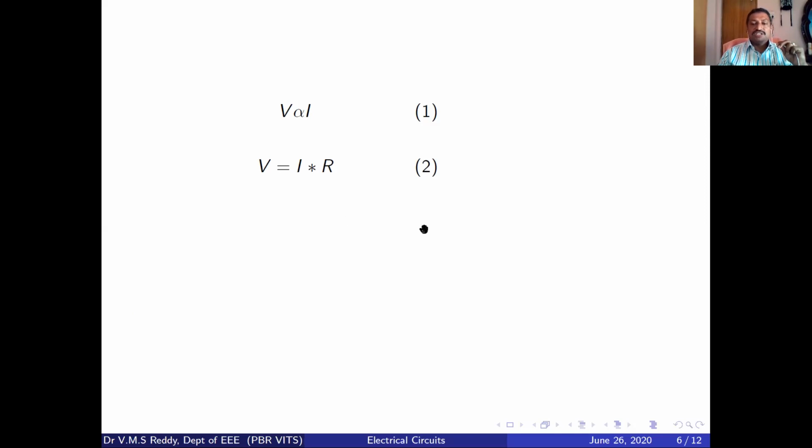So I already told you R is equal to rho L by A. You know from intermediate what the formula for R is equal to rho L by A is, that's why I have not discussed it here in detail. Therefore, V is equal to I into R, which is nothing but the voltage across the resistor. Then how much power will flow to the resistor? Voltage multiplied by current is the power developed in the resistor.